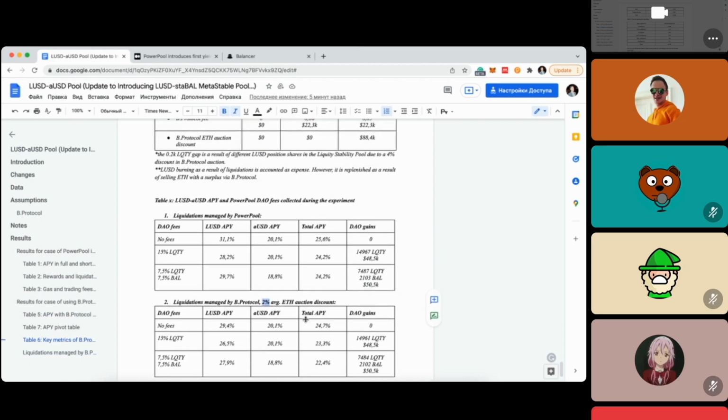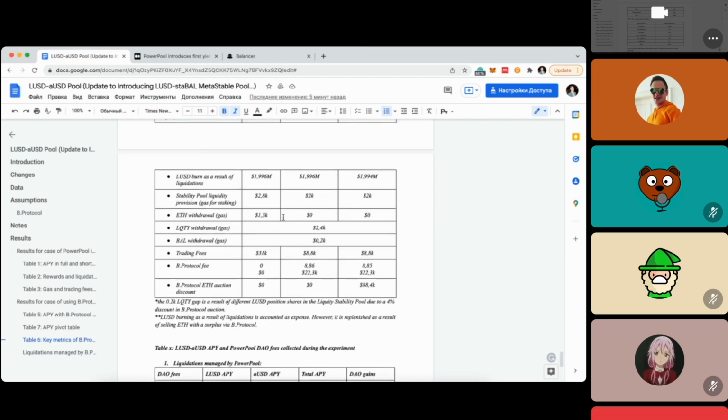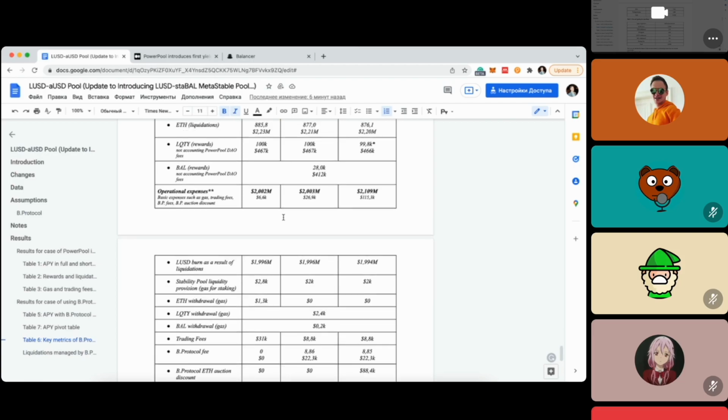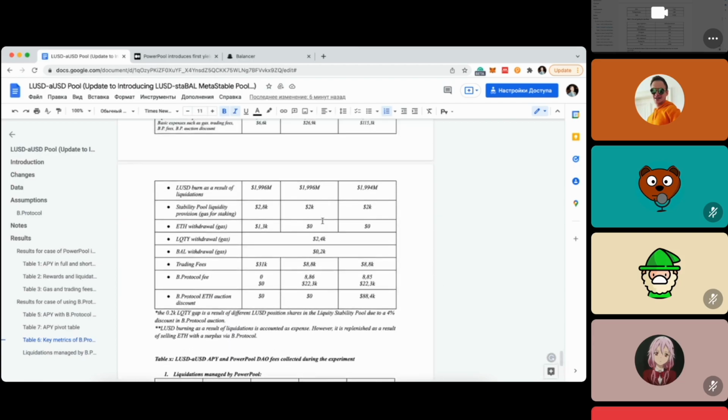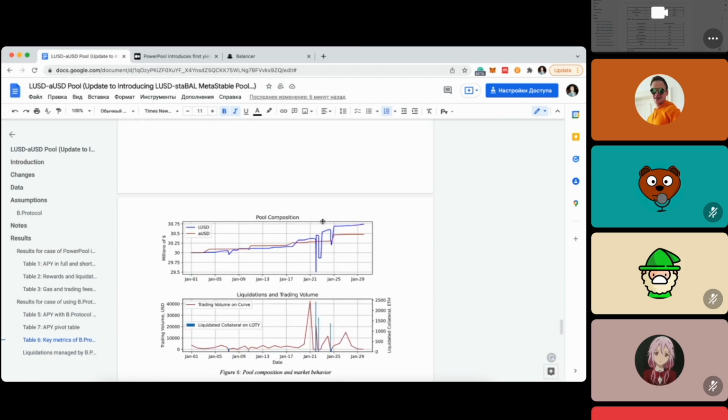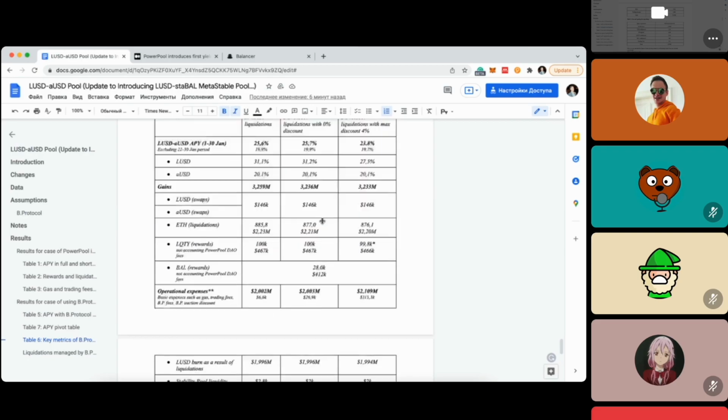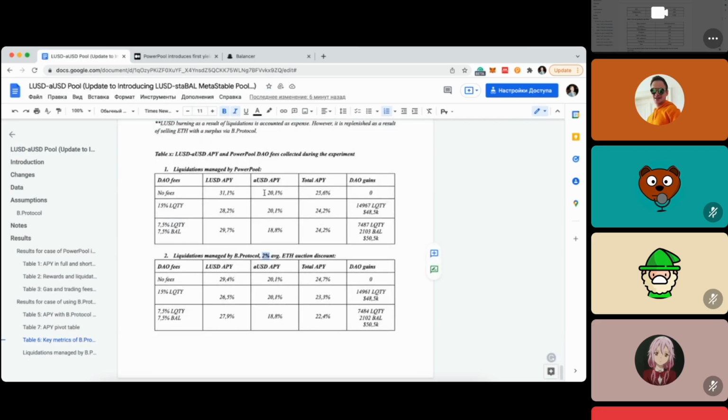So yeah, this is a brand new article that will be published later today. I will add a couple of charts here and some other stuff, but it's finished, and I think these results are quite impressive. So after DAO fees, the APY was like 24% for StableSwap, and it was without needing veCRV, without needing to bribe the governance, without anything. It's just purely based on cash flow that you can get.